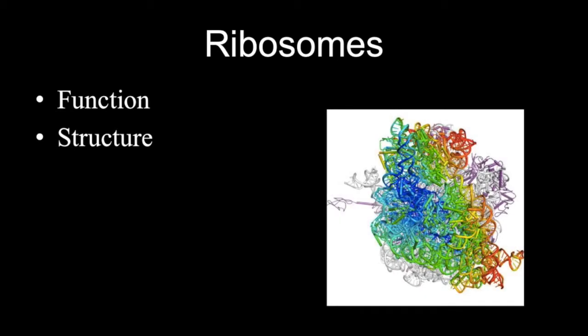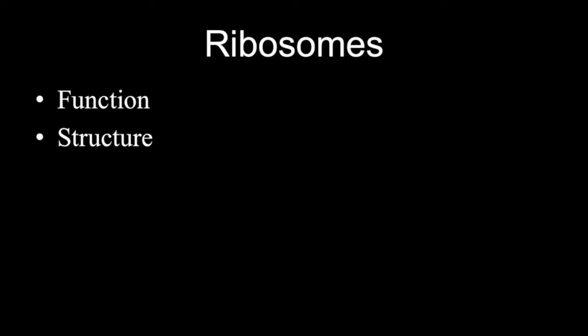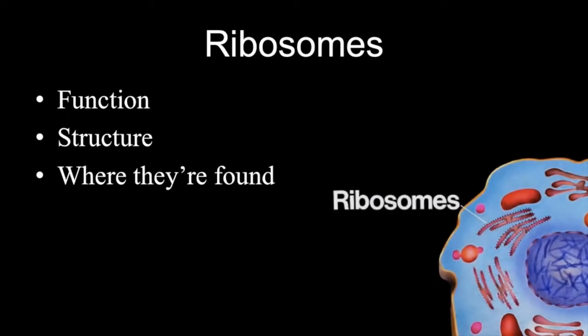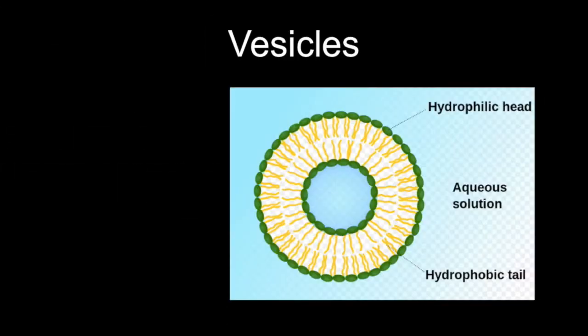Next, the ribosomes act as the cell's workbench. They make proteins in their linear primary form by assembling amino acids in the correct order based on the DNA's code. Ribosomes are made up of RNA and proteins and can be found attached to the endoplasmic reticulum or free-floating in the cytoplasm. Also, vesicles are created by the SER. They transport proteins around the cell. Like the cell membrane, vesicles have